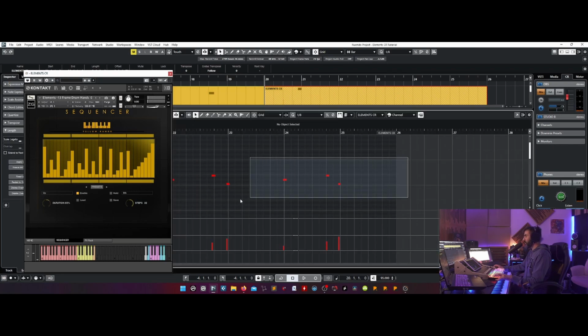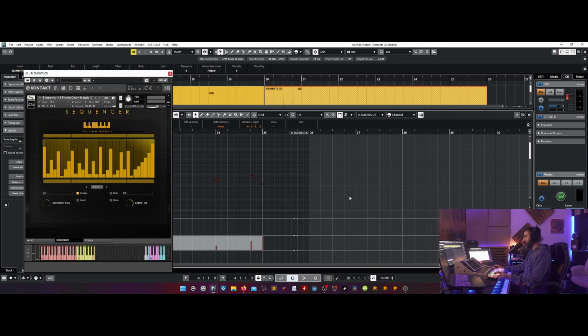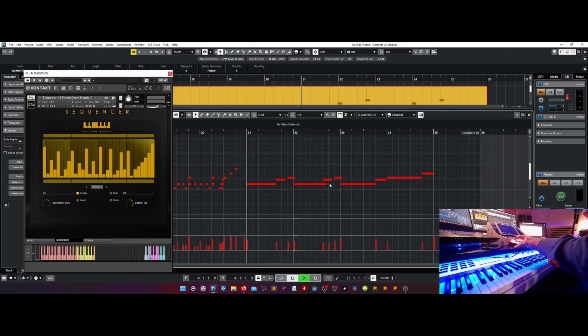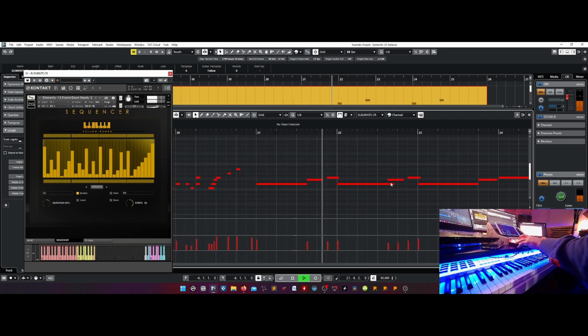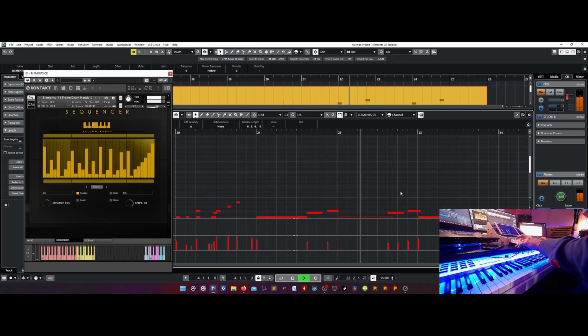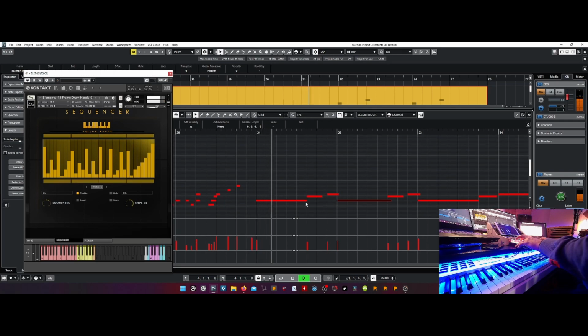Well, these are my key switches. So I quantize them. I have to change maybe this part. Yeah. I want this note and this note.